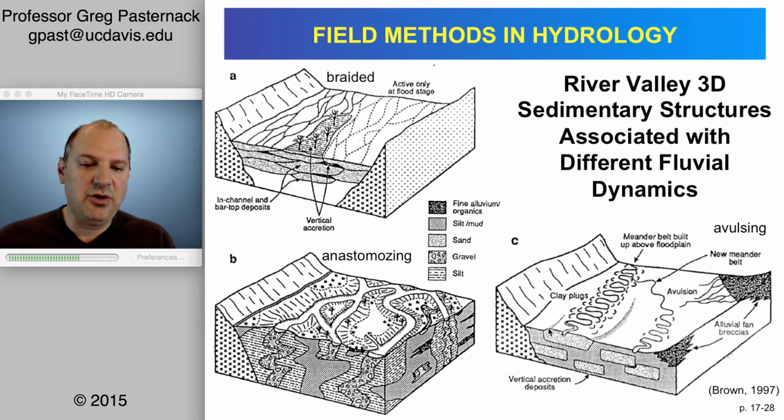So, for example, a meandering river might lay down a very well-defined sand lens, because sand is what is actively carried as bed load in a river. That's where you have the highest energy taking place, during floods usually. And so you have the coarsest material. As you move away from the channel, it gets finer and finer. And then every now and then, the river may bust out during a flood and avulse to a different part of the valley, and therefore start a new channel and lay down different lenses of